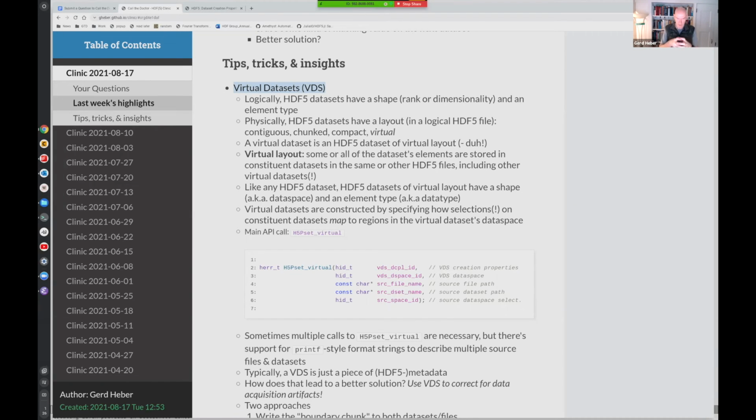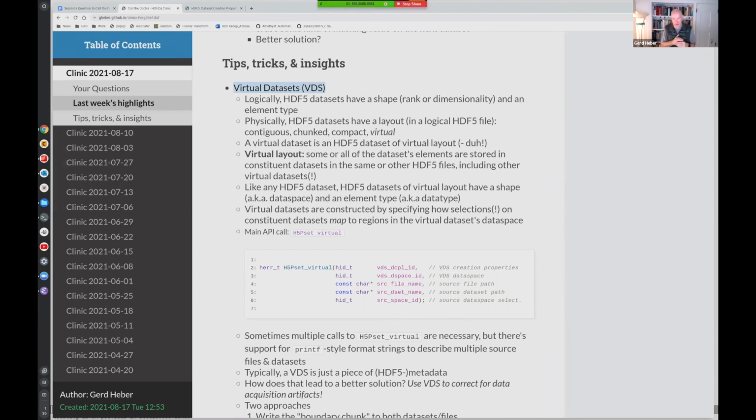Or if it's very small, we have something called compact, and that's the fourth thing, it can have virtual layout. So when we say a virtual data set, it's not so much the data set that's virtual, it's the layout that's virtual. In a somewhat circuitous way, you could say a virtual data set is an HDF5 data set of virtual layout. Well, what is virtual layout?